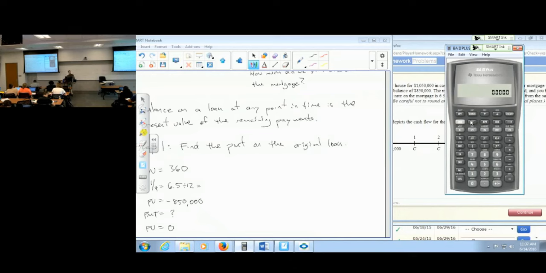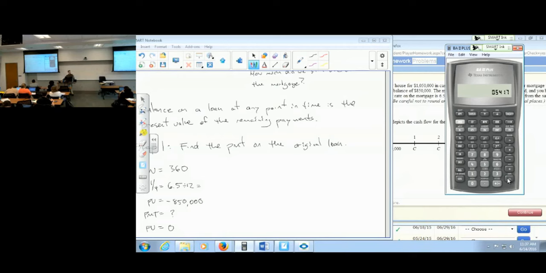So we go to type this in. The first thing I'm going to do is clear my time value of money keys by hitting second clear TVM. So I clear out the previous problem. And just start working left to right. So 360 and N. Store that guy. Do the interest rate. I'm going to type it in and let the calculator do the division. 6.5 divided by 12